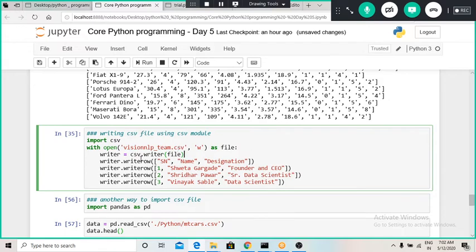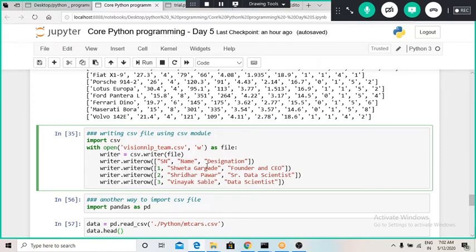For that we can use the writerow function. We have saved the writer object using the writer command, and now I can use the writerow function and provide values in the comma separated format. Basically, the long form of CSV is comma separated values. So I have placed all the information using commas.